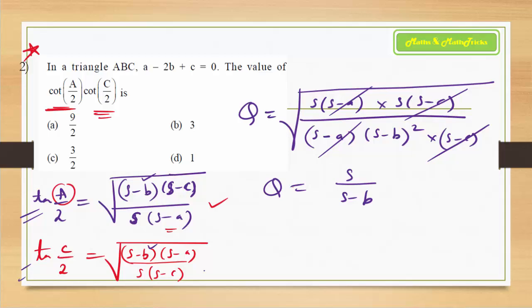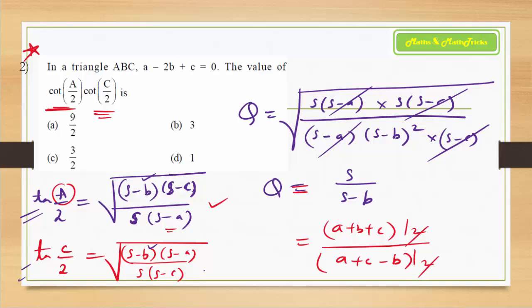Now what is S? S is a plus b plus c by 2, the semi-perimeter. So basically then if you substitute the S value and the S minus B value, you will get the answer. So let us do that part. So S is equals to a plus b plus c whole divided by 2 in the numerator, and in the denominator S minus B. Here we have S as a plus b plus c by 2. Okay, then minus b we have, right? So minus 2b. So what basically you will have? a plus c minus b, because plus b minus 2b, whole divided by 2. So the whole divided by 2 is anyway getting cancelled, and what you remain with, you see the numerator part.